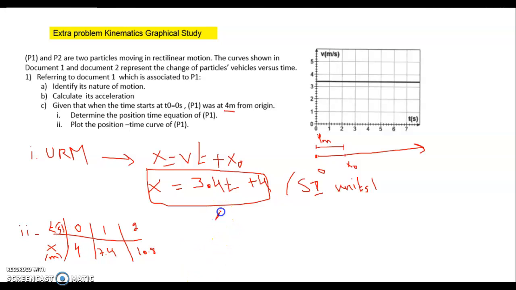And then we take a scale. Take, for example, each 1 centimeter is equal to 1 meter. Okay, so you have to take a scale. Each 1 centimeter is equal to 1 meter. And just as given here on the x-axis, every 1 centimeter is equal to